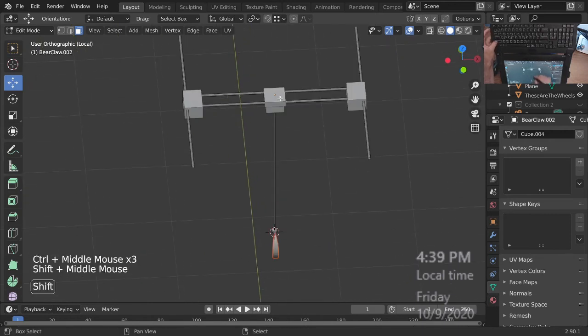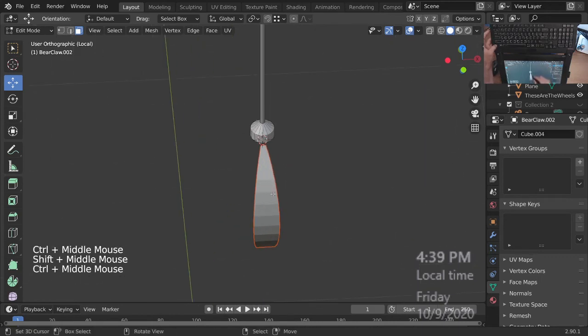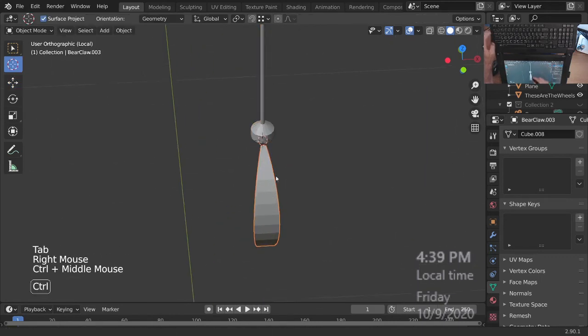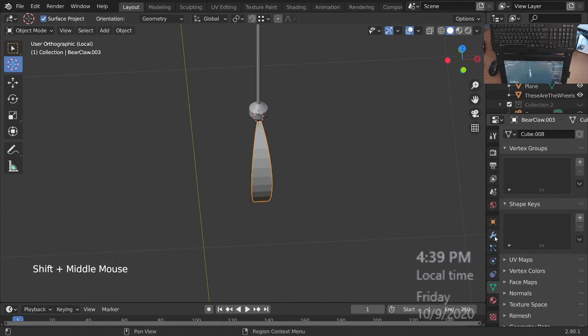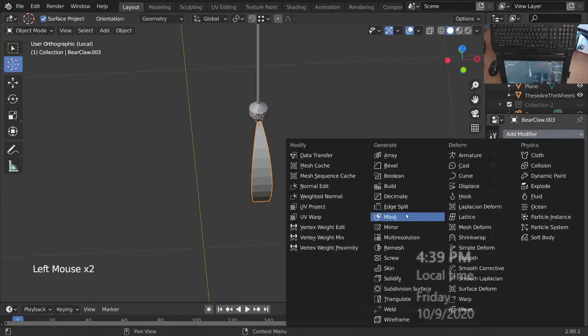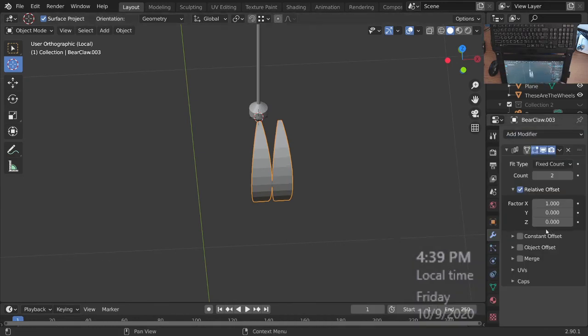And the center, it should be, because it's going to be working off the center, so that's fine. So taking that one, I'm going to add a modifier. I'm going to add an array modifier, and it's going to be a fixed count. I want 3, and I want it